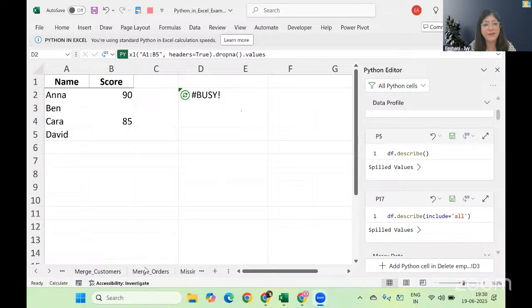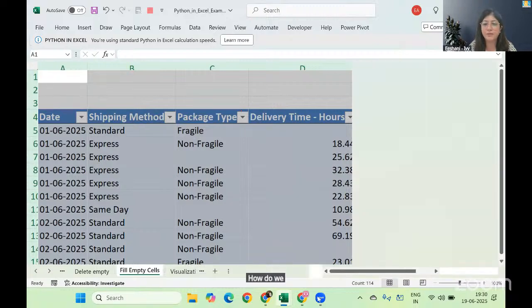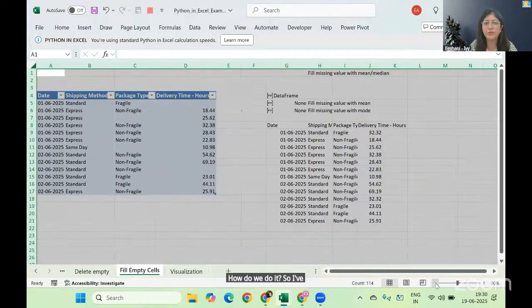Okay, then let's say I don't want to drop. I want to fill my empty cells. How do we do it? So I've taken 2 scenarios. Scenario number 1,